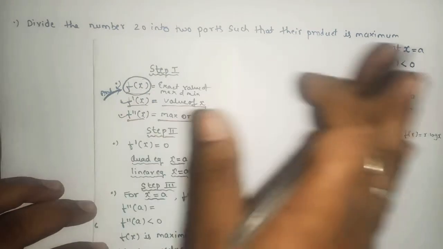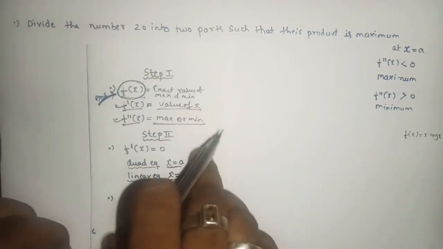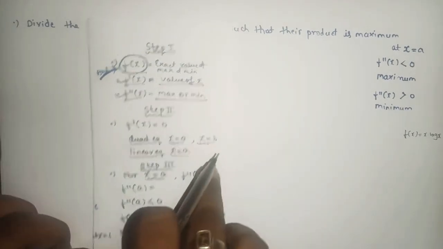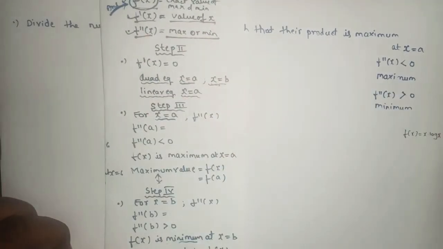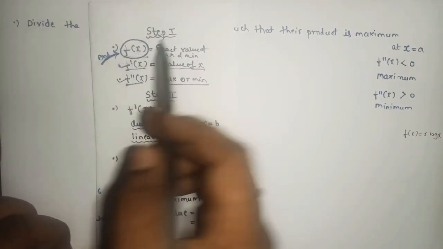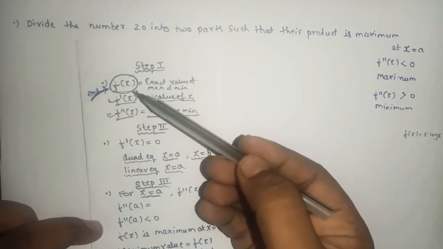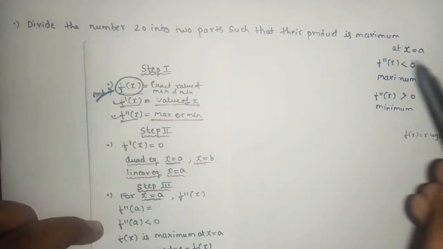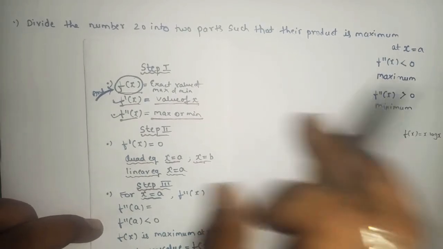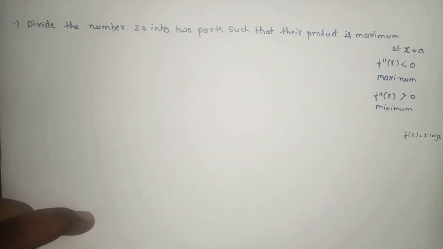You must understand for which part you have to consider f of x. As the given question is in statement form, first we will read and understand the question, but the procedure and steps will be the same. First, we require f of x. Without f of x we cannot proceed with the sum further. So the main target here is to find f of x for that particular statement sum. So let's begin with the sum now without wasting our time.